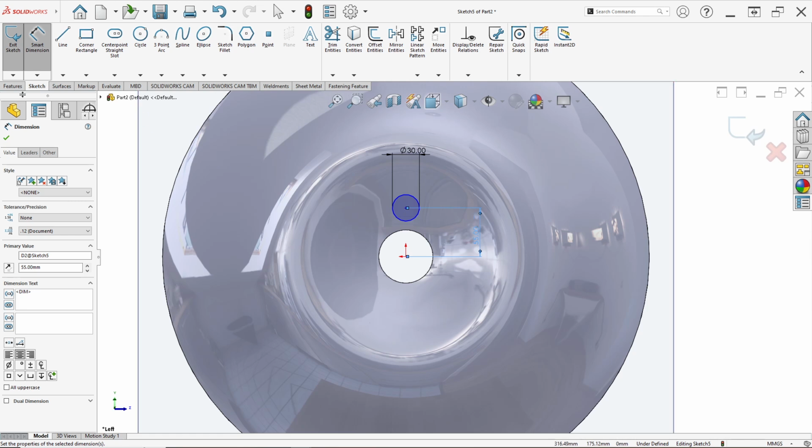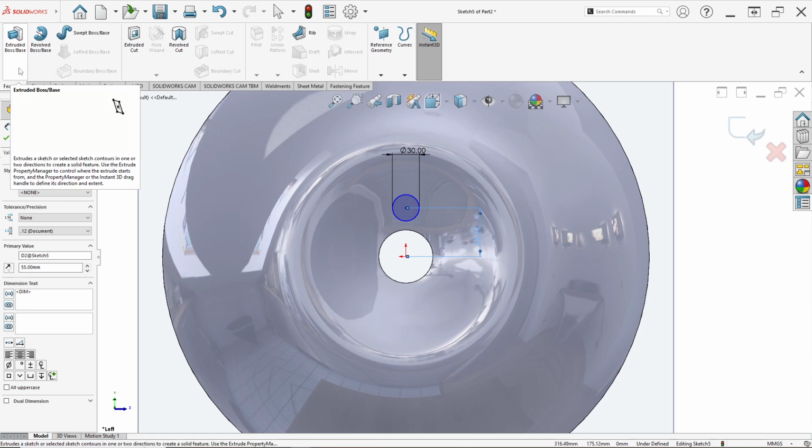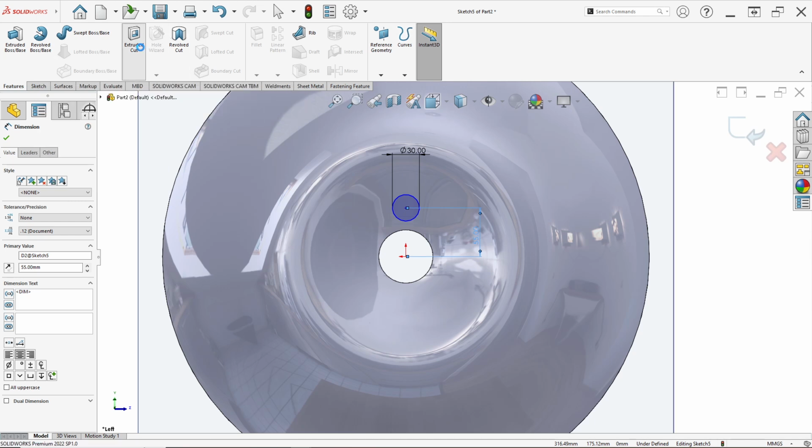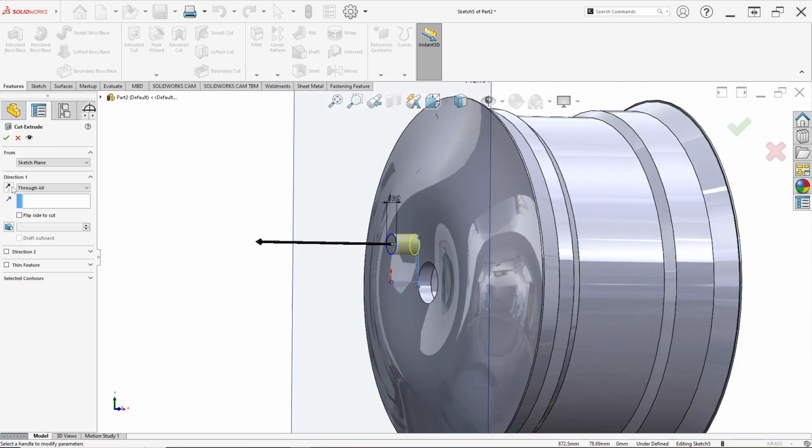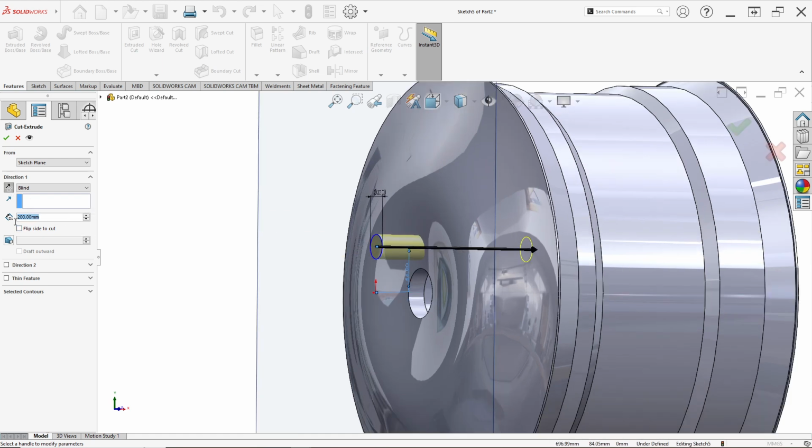Then just click extrude cut. Direction we can change in blind in here, and we can do reverse direction, but in here for depth I want to change in 65 millimeter, like this. Just click OK,